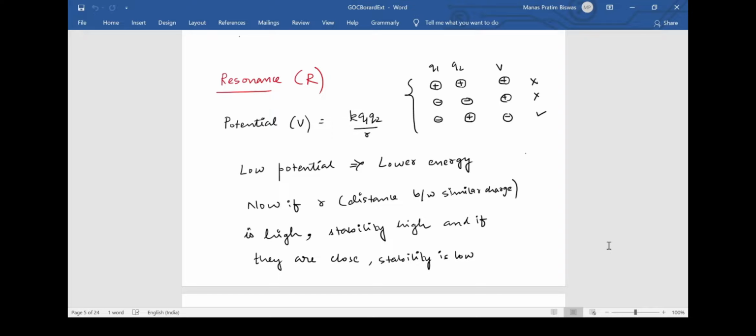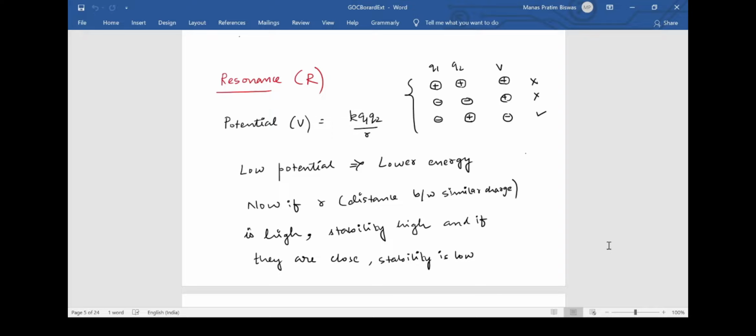This potential is due to electrostatic force, and Q1 and Q2 are the two charges. Now suppose Q1 and Q2 might be positive or might be negative. There might be different combinations of the sign of Q1 and Q2. In case the sign of Q1 and Q2 happen to be the same, that is both are plus or both are minus, then the product Q1 into Q2 is positive. And if one of them is negative and the other is positive, that is, Q1 and Q2 are opposite in sign, the product becomes negative.